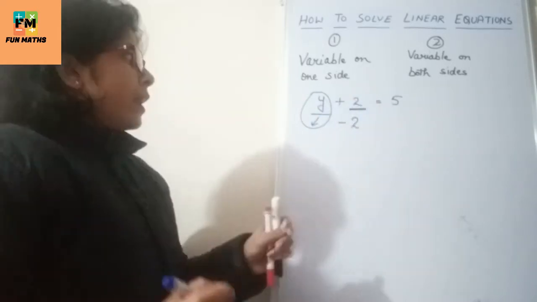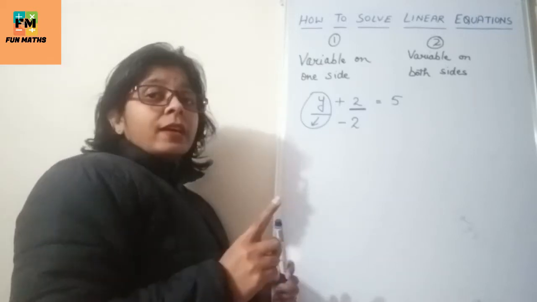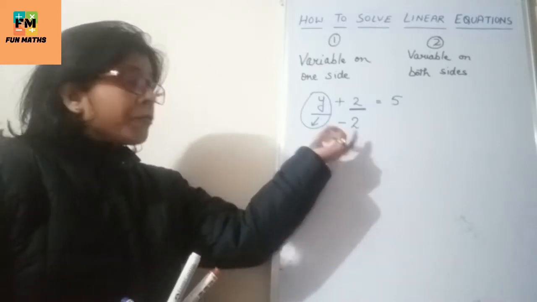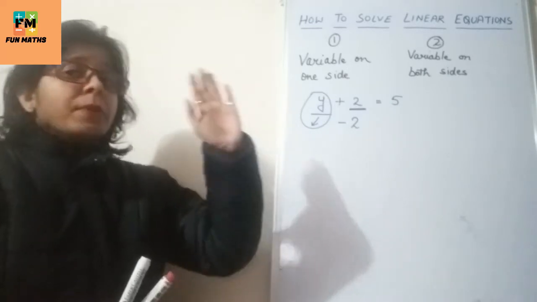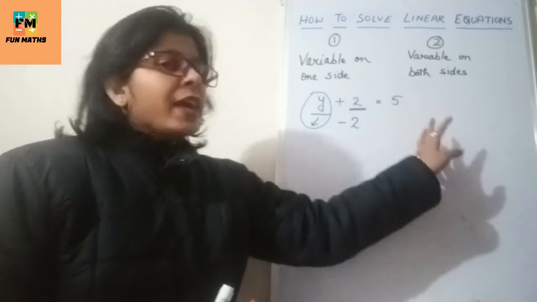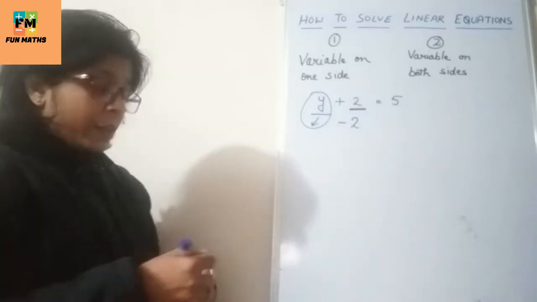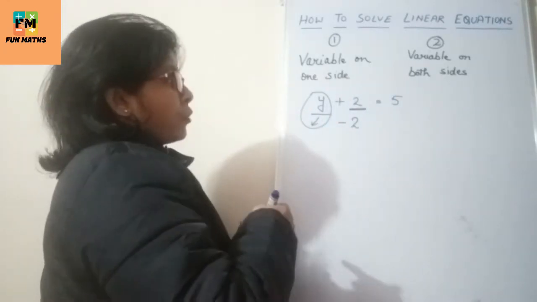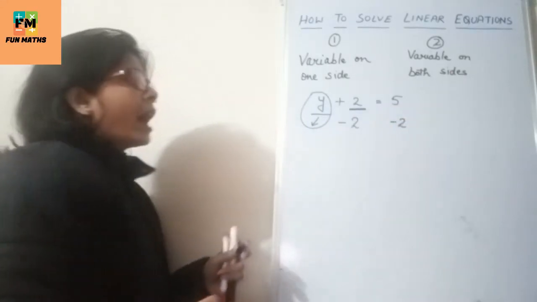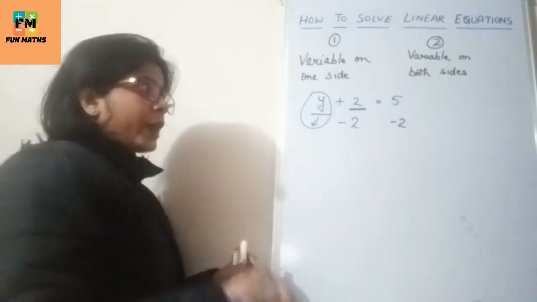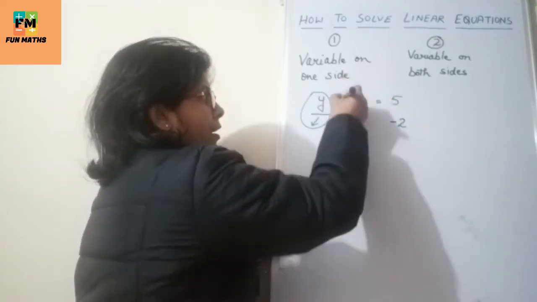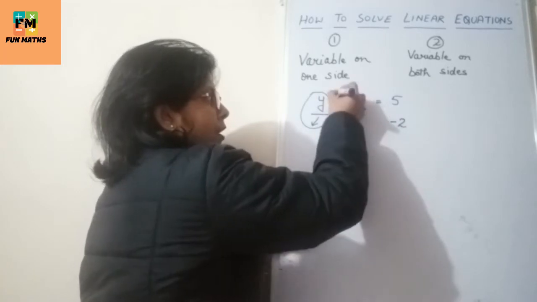This is one thing. Now, as we know, to make our equation balanced, if we have kept some weight, or if we have added any number, or subtracted any number, whatever we have done, the same thing we have to do on the other side also, right? So, as we have subtracted 2 over here, here also on the right hand side, we have to subtract 2, right?